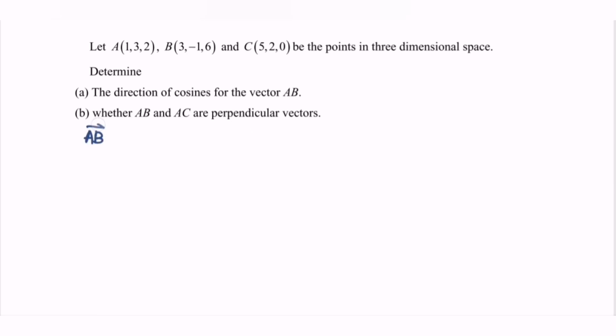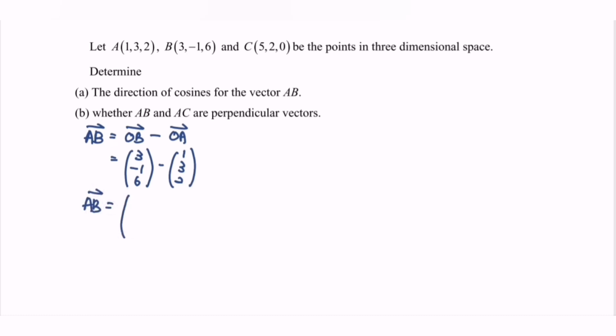So the vector AB is equal to OB minus OA. Kindly substitute the values. Here we have 3, -1, 6, followed by OA, 1, 3, 2. So the vector AB is equal to 2, -4, 4, which is the direction of AB. Next, we have to find the magnitude of AB,